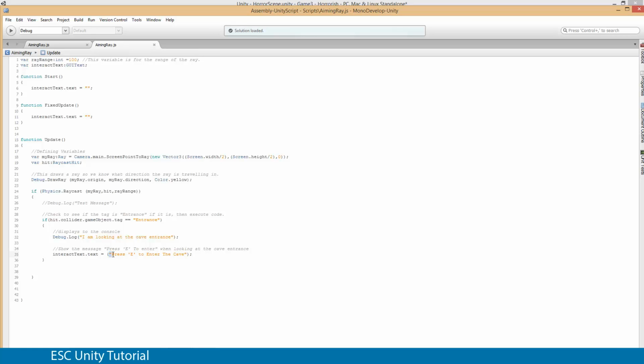When I'm looking at the door, I want to be able to see if E is being pressed. But I only want it to happen inside if this is occurring. So it's here that I need to check to see if the letter E is pressed. If it is, do something. So we need to check to see if that E is pressed. We're going to come up with an if statement and write if Input.GetKey